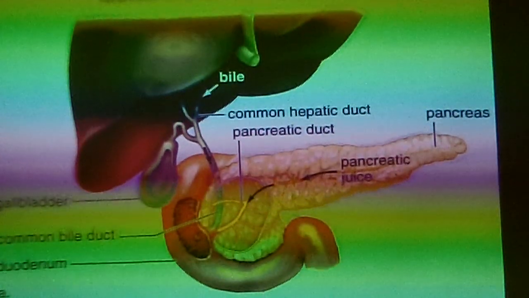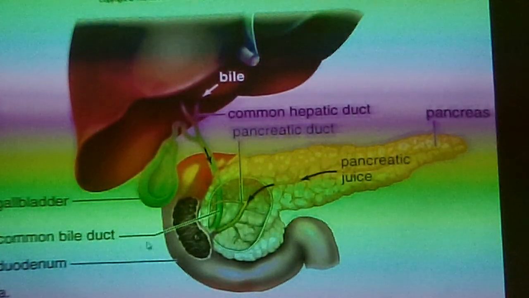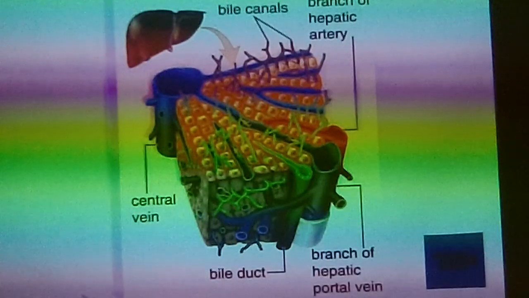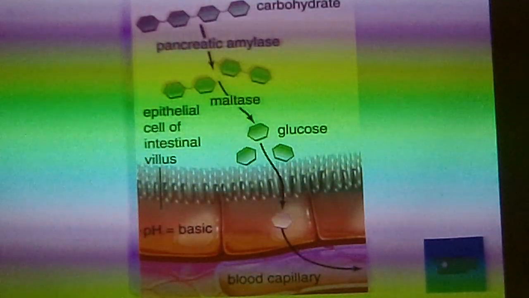You can live without your appendix, right? Appendix you can live without, but not your pancreas. Let me show you this one digestive video real quick. I know we only have a minute left. This shows how